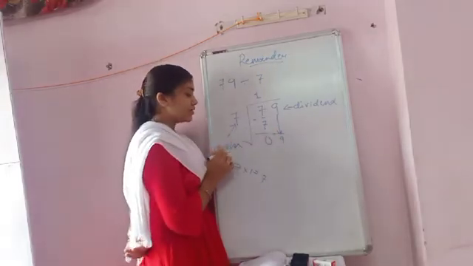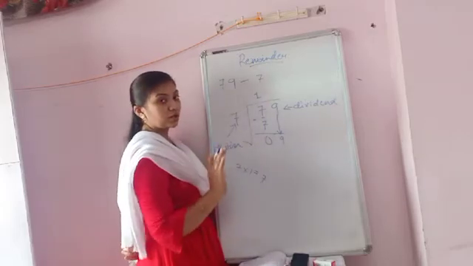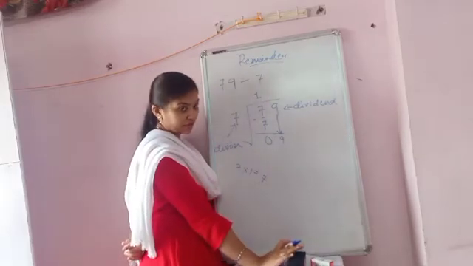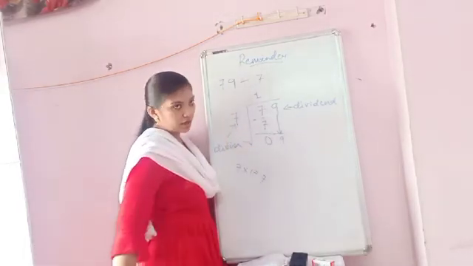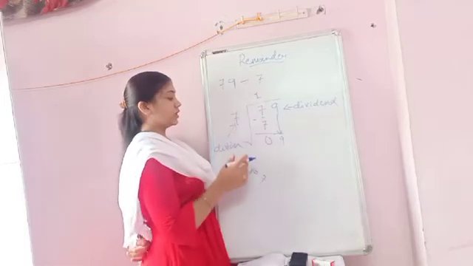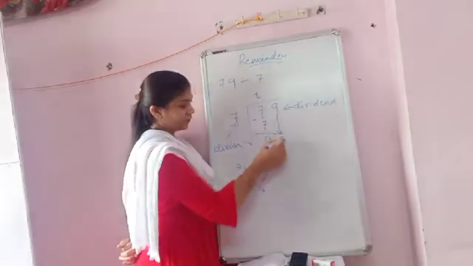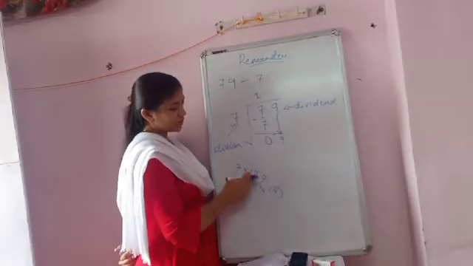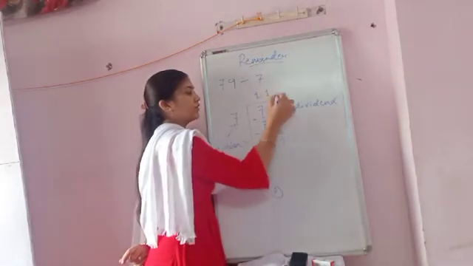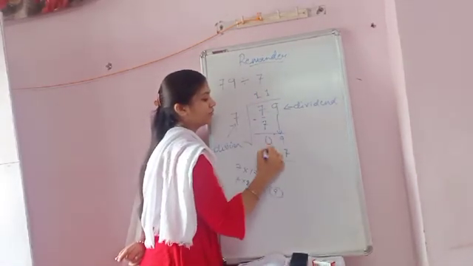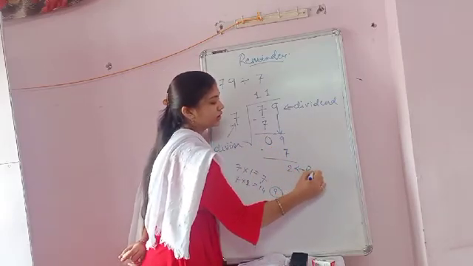अगर आपका रिमाइंडर आपके डिवीजर से छोटा होता है, then you have to stop the division at that time. Okay, so 7 and 9 means 9 is larger than the divisor. So you can do the division again. So 7 ones are 7, 7 twos are 14. But we have to find out the 9. तो 9 क्या है, 7 और 14 के बीच में आएगा. So you have to again take 7 ones are 7, 9 minus 7 is 2. So this is the remainder.